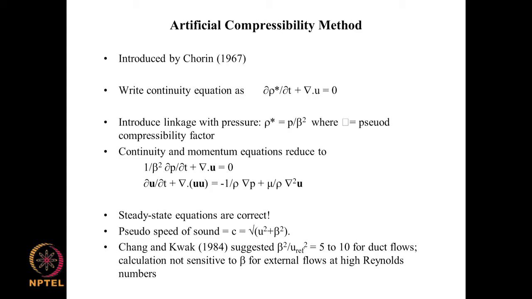It is a method which was introduced by Chorin in 1967, and the basic idea is that we know that the linkage between the continuity equation and the momentum equations is not there, and so we can introduce such a linkage artificially. For example, we can write the continuity equation as partial of rho star with respect to time, plus del dot u equal to 0,